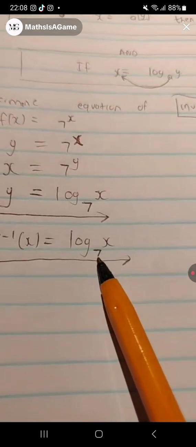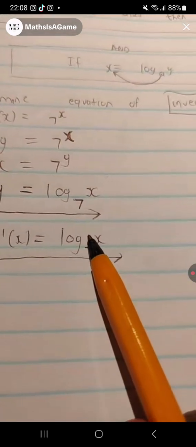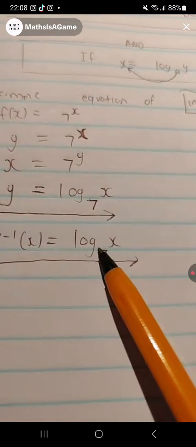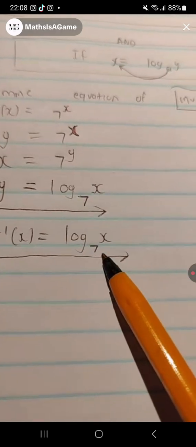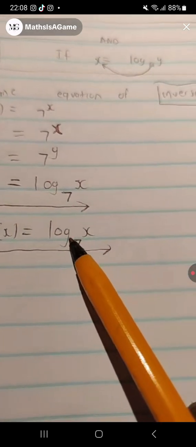TikTok doesn't allow us to write the base of the 5, it doesn't allow us. Do you see, guys, that this 7 is written sort of like, there. Yeah, it's very important. We don't write it next to the 7. Of course, I understand, because we can't write the base. I get that. But I hope you understand, lest we fall into the misconception of thinking it's 7x. No, it's log x base. Just give me the base.